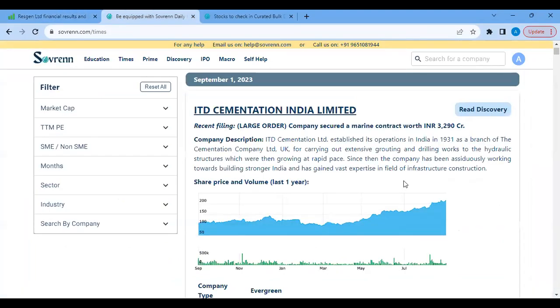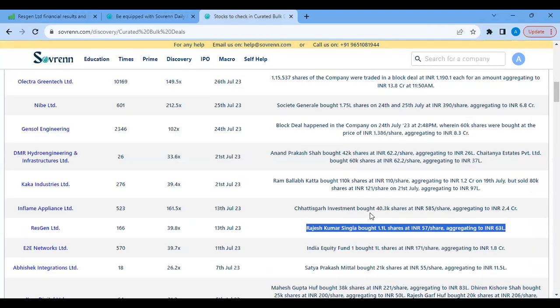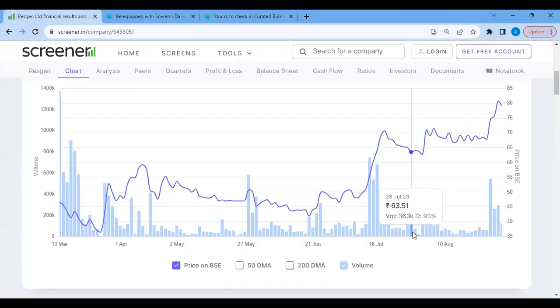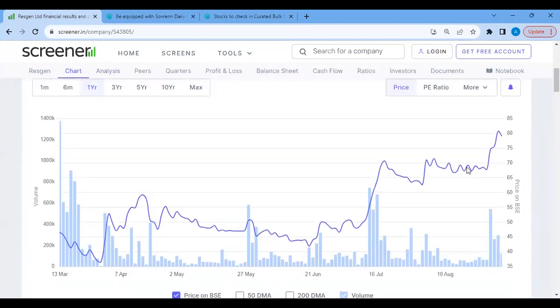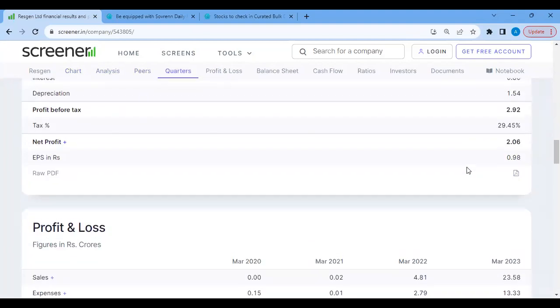कितने पे खरीदा था उन्होंने, राजेश सिंगला ने 57 per share. Did it run up from 57 per share? Yeah, it ran up after the buying, right? So it ran up after Rajesh Kumar Singla invested in the company. Can you see? Okay, now tell me,